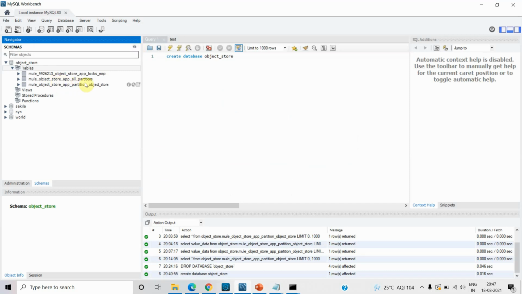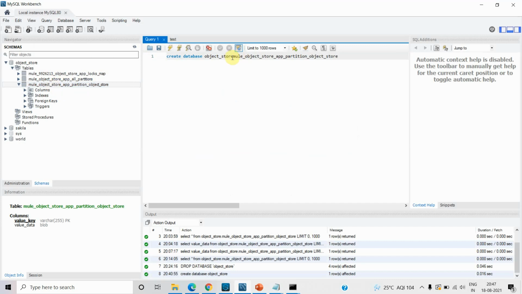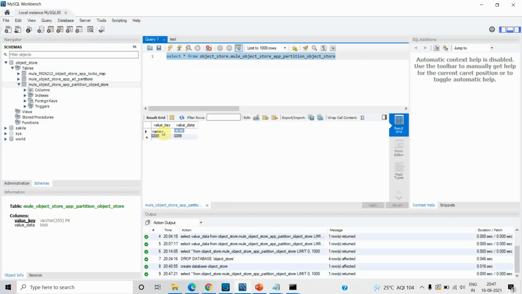You can see it created a partition table and an objects table. Let me query this and check what data exists. Select star from the table. Let me execute this query. So you can see I put key as name and the value is there.